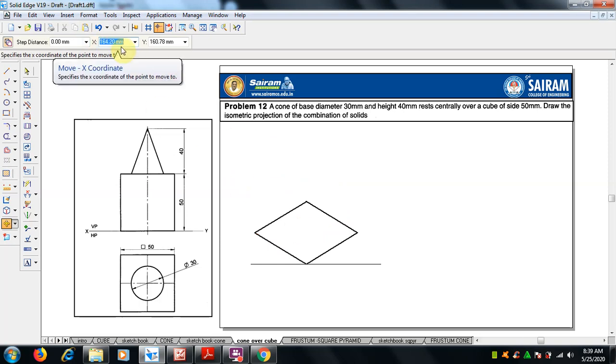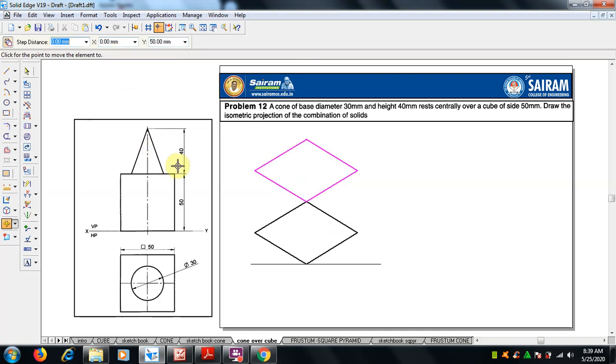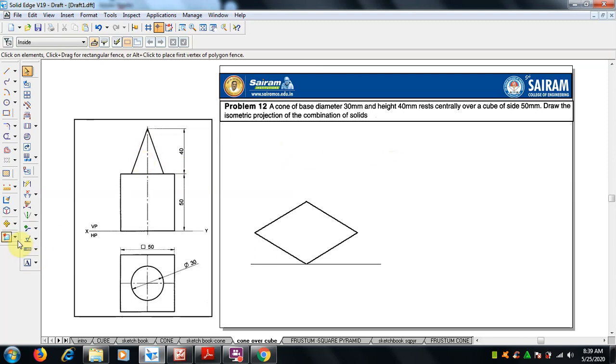So here x will be 0, enter, y 50. So now it is done. We can move that way, or else we can draw. If you want to avoid confusion, just make a length of 50 at 90 degree, and this is the end.